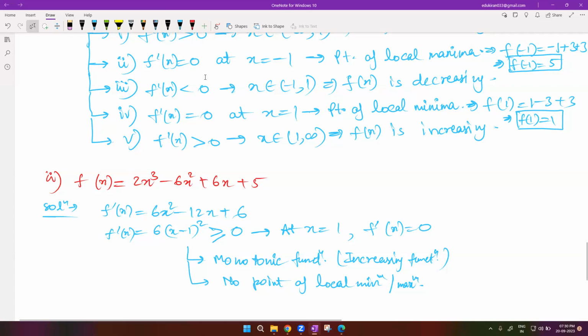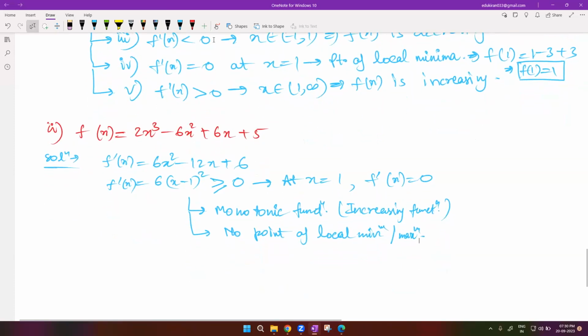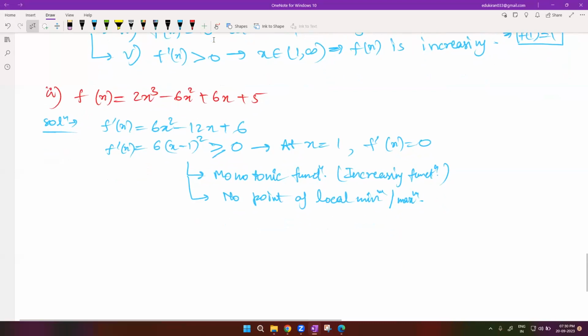Now we will talk about what f dash x is equal to 0 signifies. Just give me a minute, guys. Let me search something. Okay, we have